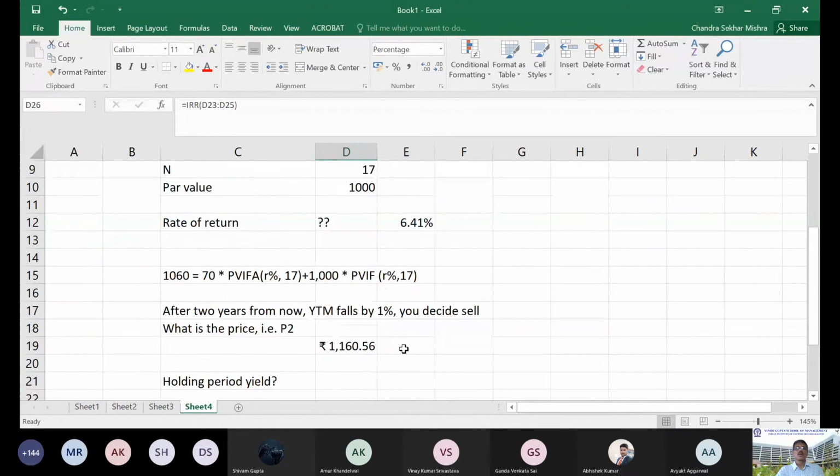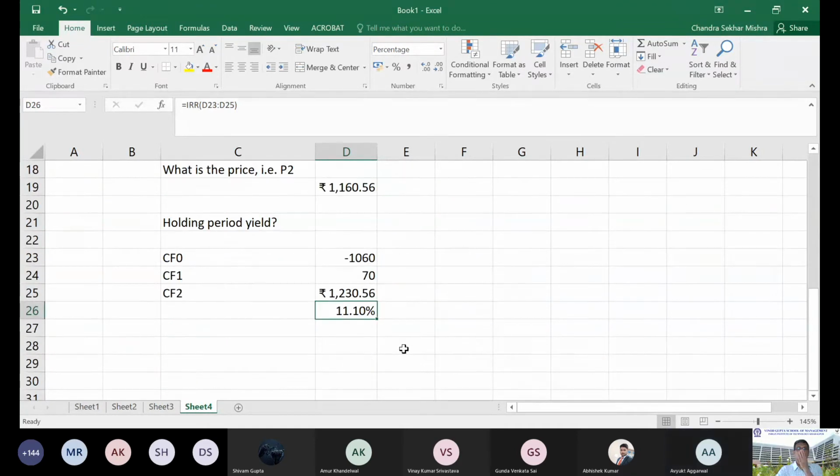Sir, why is IRR called internal rate of return? Internal to what? It is internal to the cash flows that you get in between. We'll discuss more about the internal rate of return in the project appraisal class. I'm just introducing this concept here, to know the effective rate of return when you have cash flows, and IRR also has to take care of that.